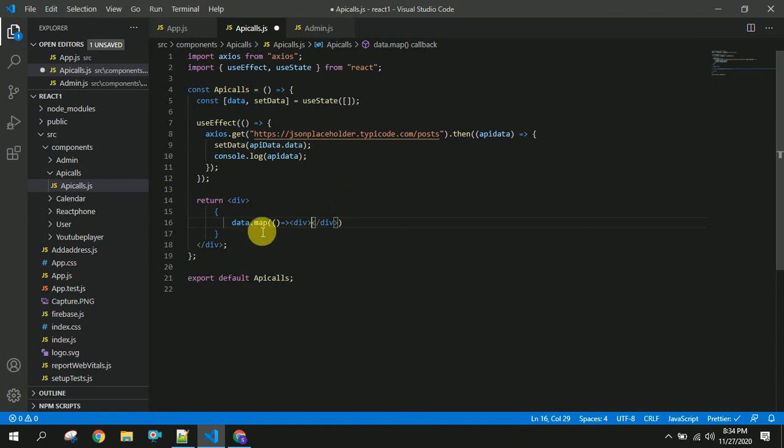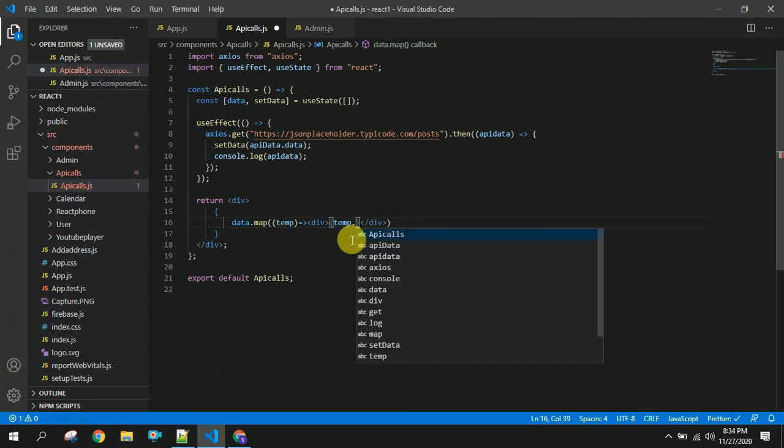Now in this div I am going to use a temporary variable like temp, and temp dot title.